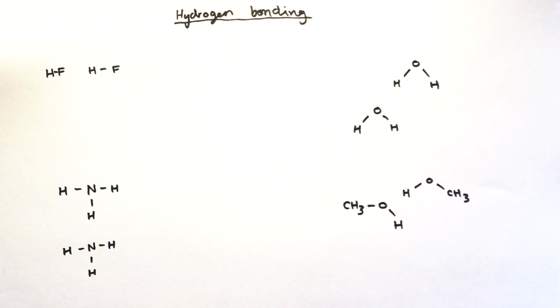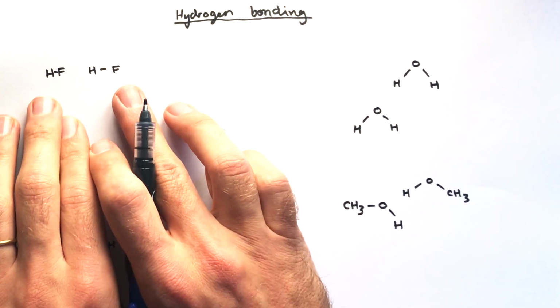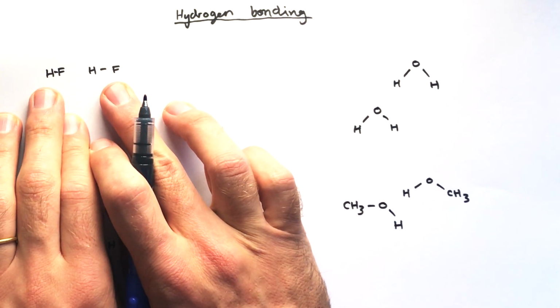If you've seen the video on electronegativity, you'll understand that the NOF elements, nitrogen, oxygen and fluorine, are the three most electronegative elements in the periodic table. That means that when they're attached to elements with low electronegativity, the molecules are very highly polarized. So if we have a look at some specific examples here, I've got hydrogen fluoride here in the top